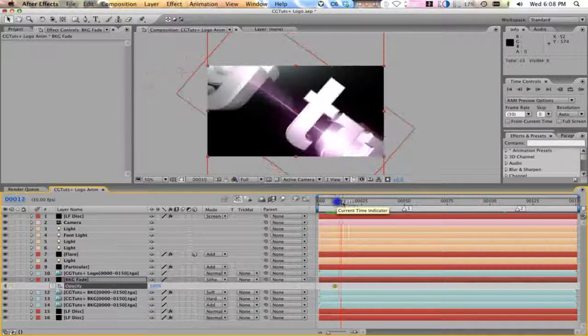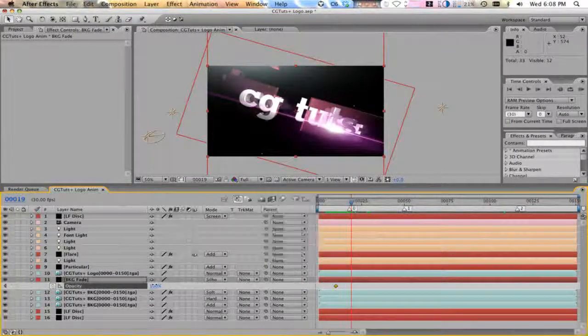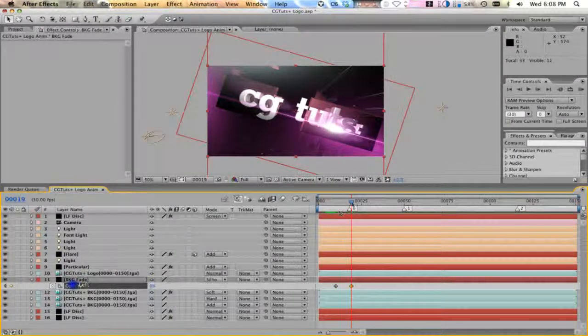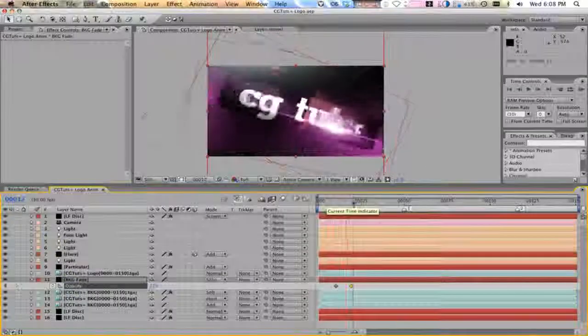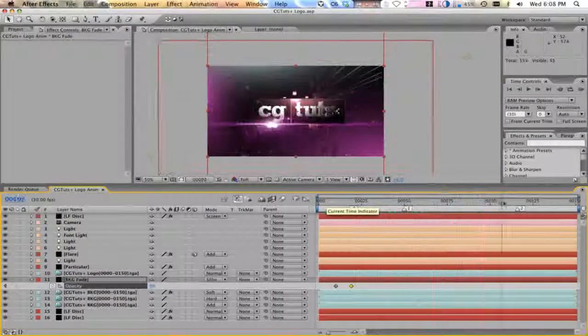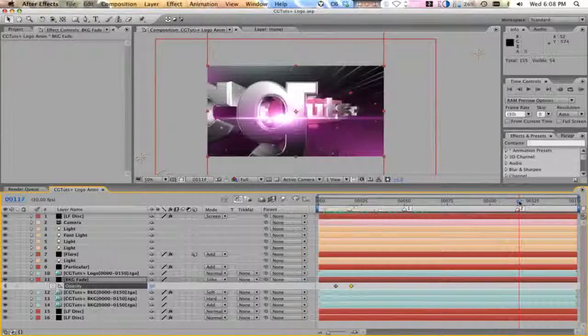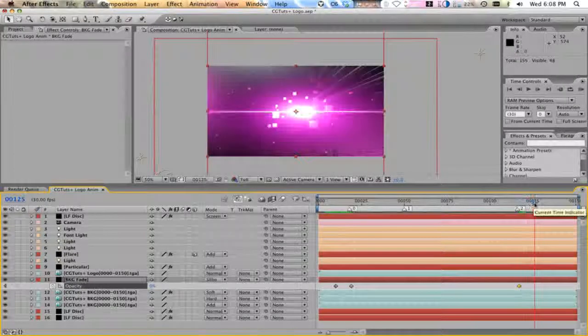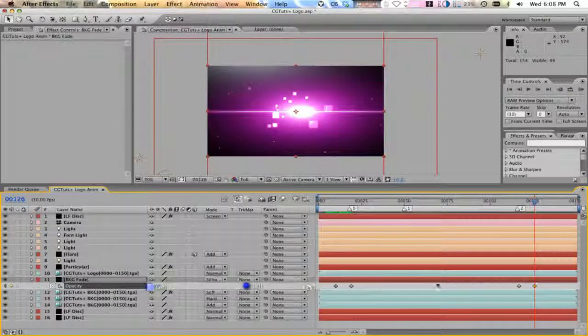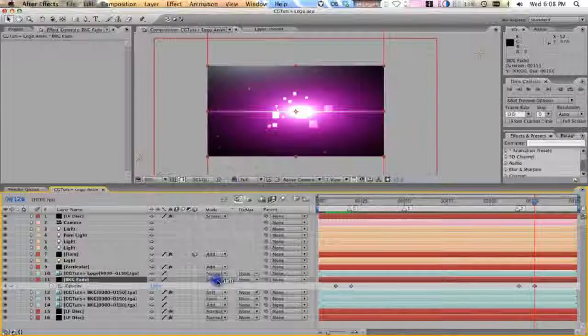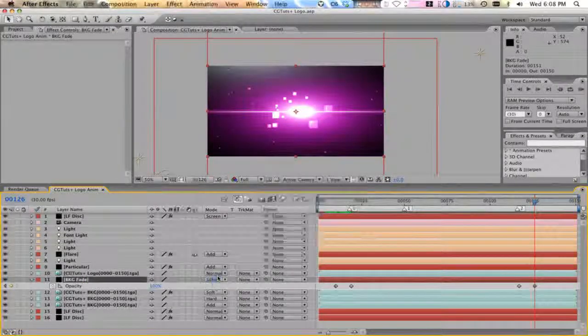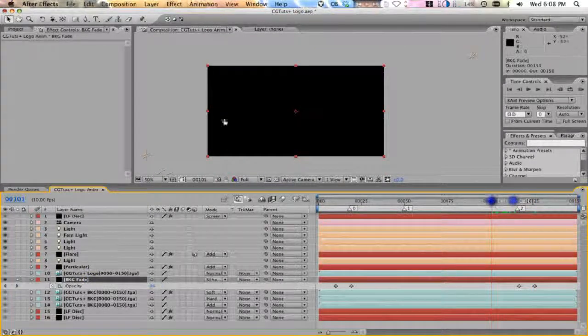So let's have the logo animating on. Animate opacity. Logo animates on, flares come out. Now we're going to animate the opacity again. Now what I did here was a simple, cheap trick, but it'll get the job done. Basically, by putting silhouette alpha on a layer, what we're telling After Effects is that everywhere this layer is, which is right now the entire comp, plus whatever the opacity is, I want that to be